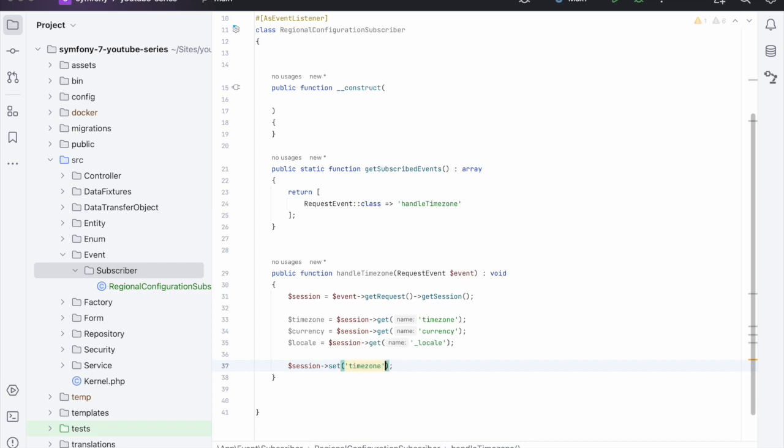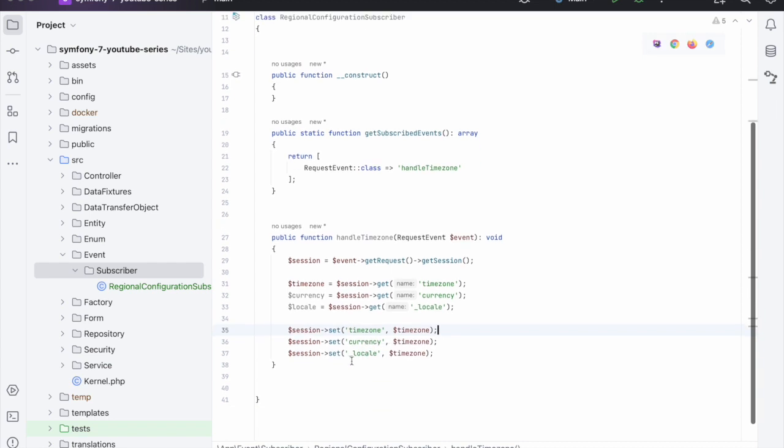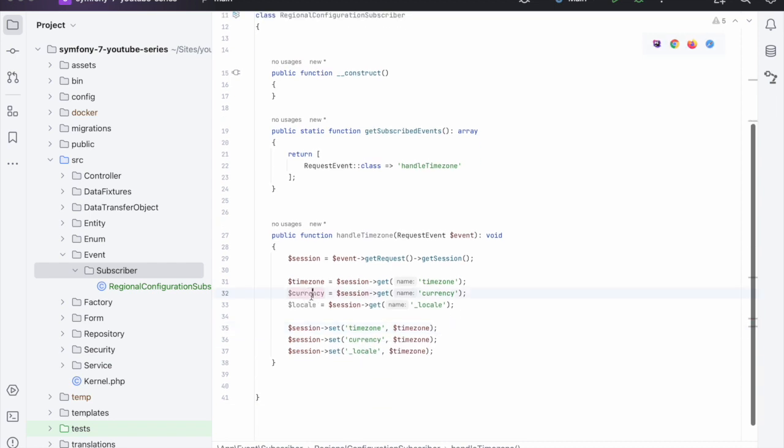Time zone, like so, and there we go. But we need to set the correct values, and there we go. That should do the trick. Now,